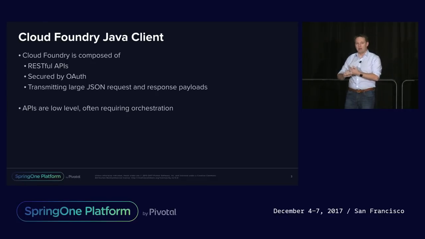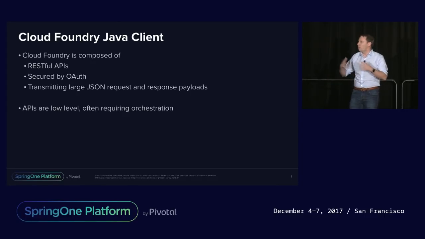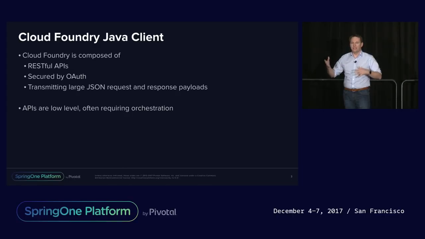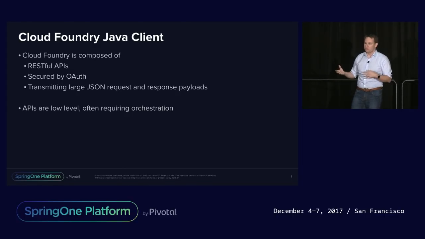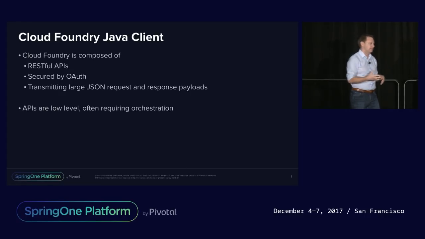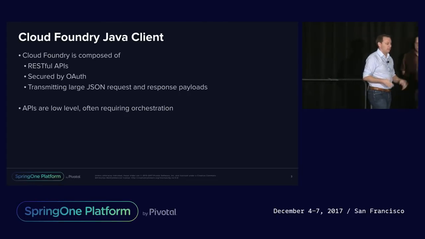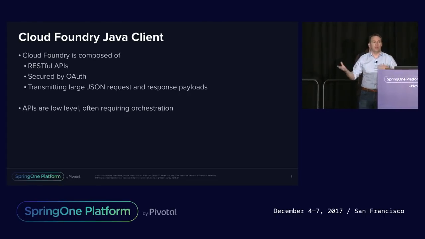It's asynchronous. It's non-blocking. We have to deal with error cases that potentially fall back to something. We have to do periodic polling to go back to those APIs and find out when server-side behaviors have completed. So this was a really, really good proving ground for the reactive APIs and for the Reactor project, because this is exactly the kind of system that we would expect your average reactive programmer to be trying to do. The same kinds of large numbers of network calls that are all orchestrated back together. And so the Cloud Foundry Java Client is that. And we're going to use that today as a lens to describe some of the things that we